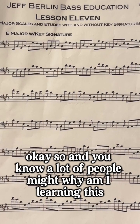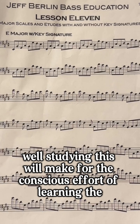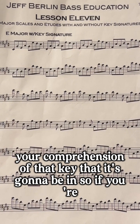Okay, and, you know, a lot of people might ask, well, why am I learning this? You know, I'm in a death metal band. How is this going to help me? Well, studying this will make for the conscious effort of learning the harmony of each of these notes in each key when you go to play something like death metal or blues or jazz, your comprehension of that key that it's